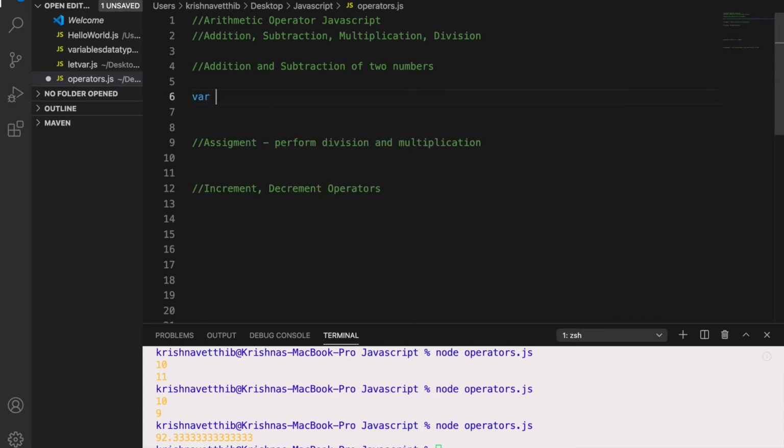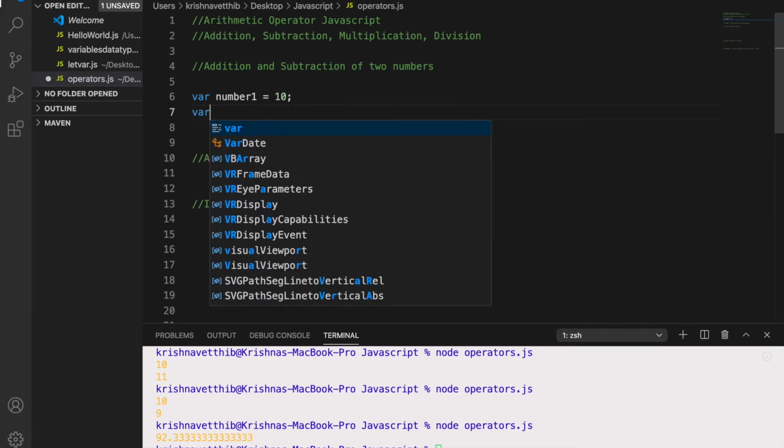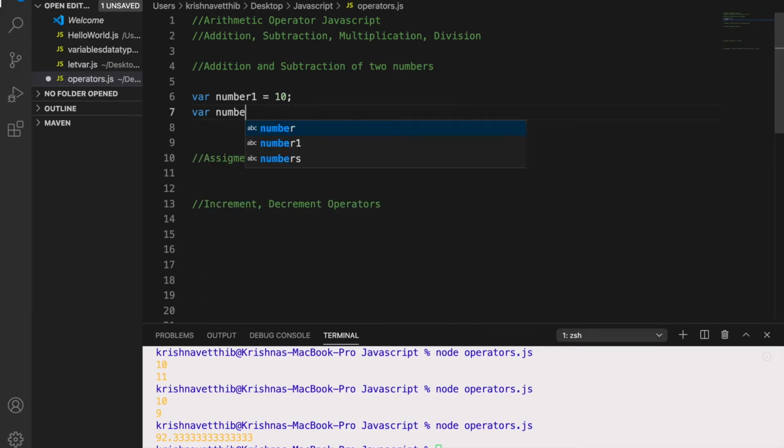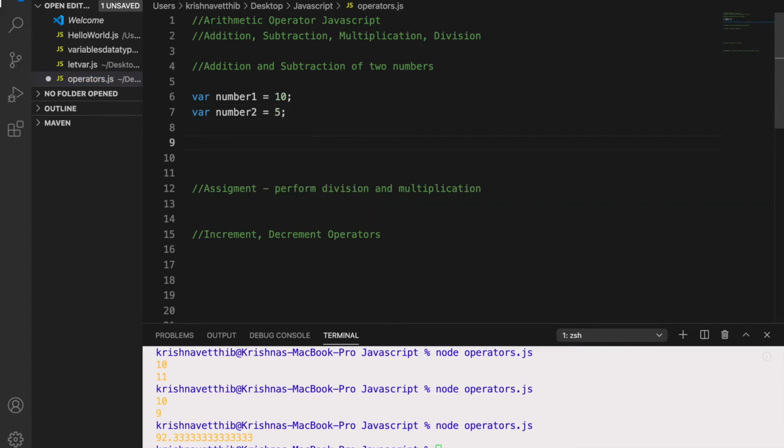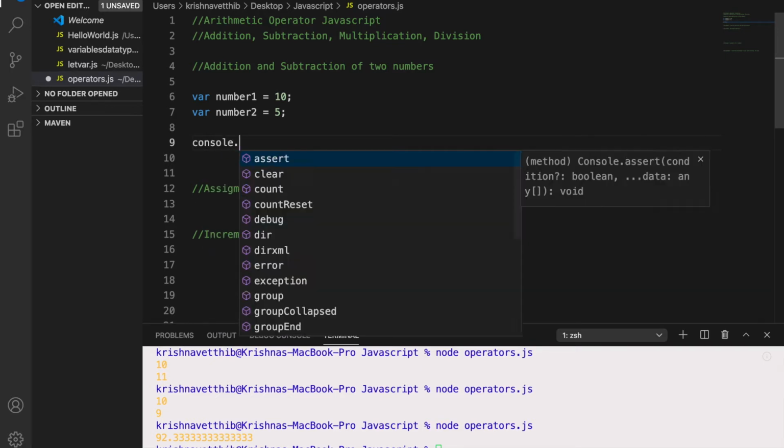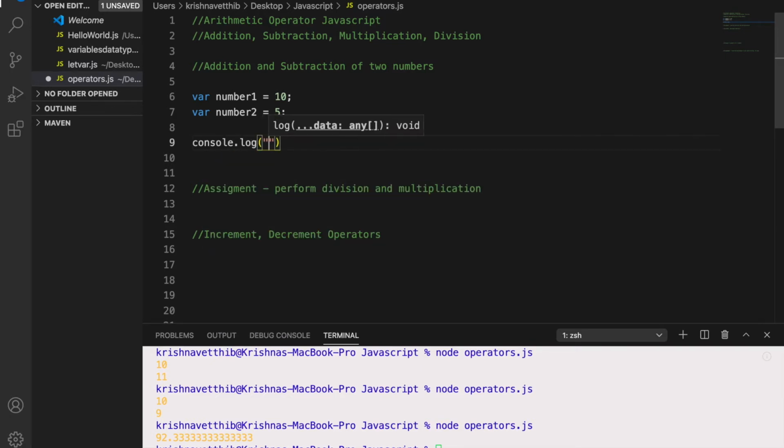So let me take two numbers where number1 equals 10 and number2 equals 5. Now I want to perform addition of these both numbers. So let me type addition of the two numbers.